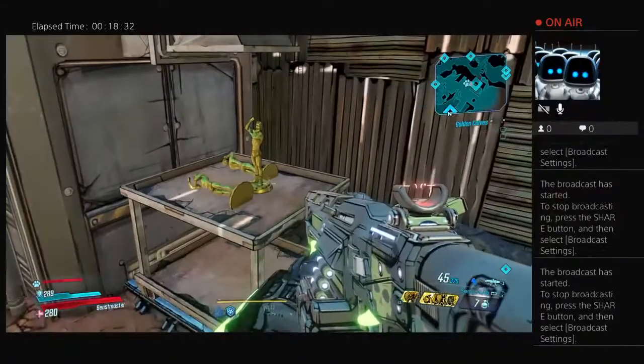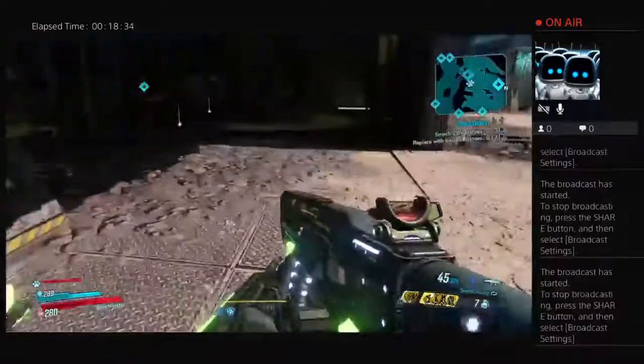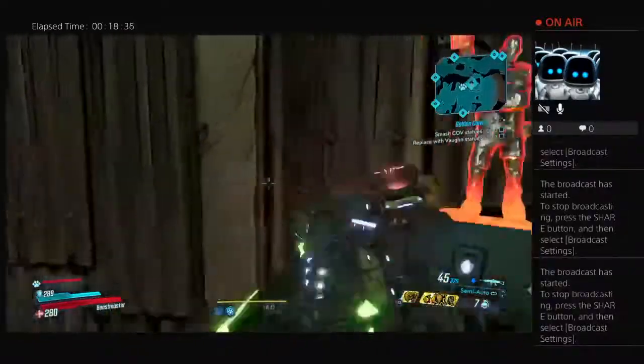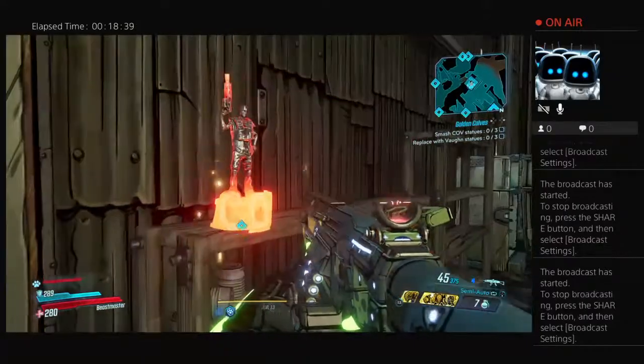Okay, and honestly, I haven't really noticed a difference in the loot by placing these anywhere special, so we're just going to place them